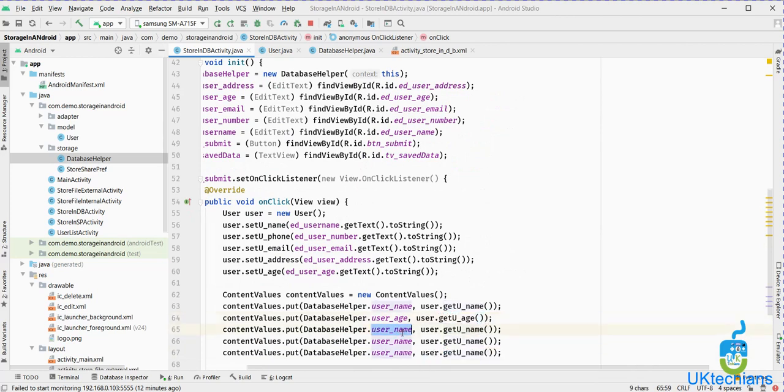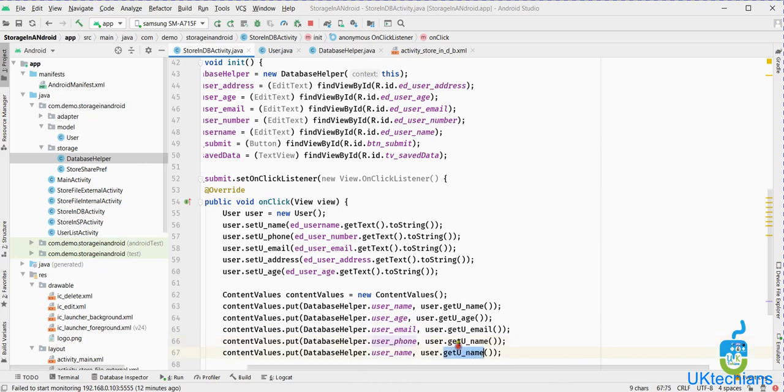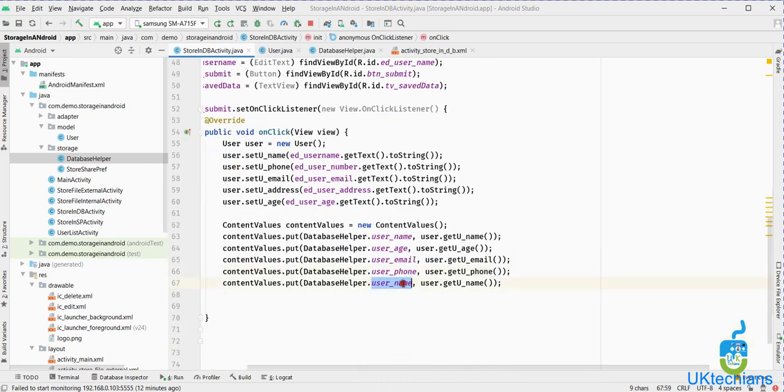Copy this and add them similarly. Then user email, get email, then user phone, get phone, and the last will be the address, get address.